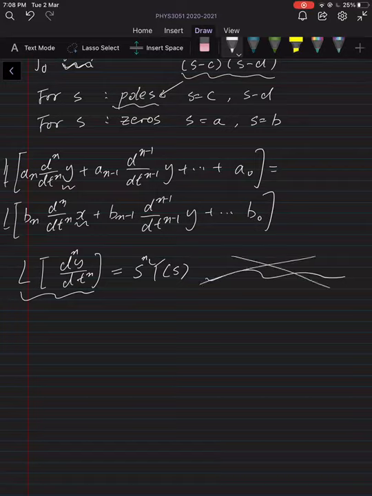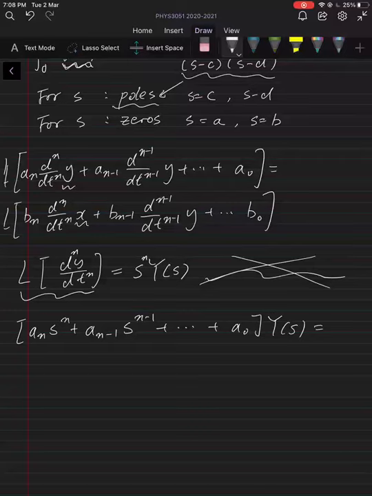So we don't have those terms. After doing the Laplace transform of the differential equation, what you have is a_n s^n plus a_(n-1) s^(n-1) plus something, a polynomial, multiplied by y, is equal to